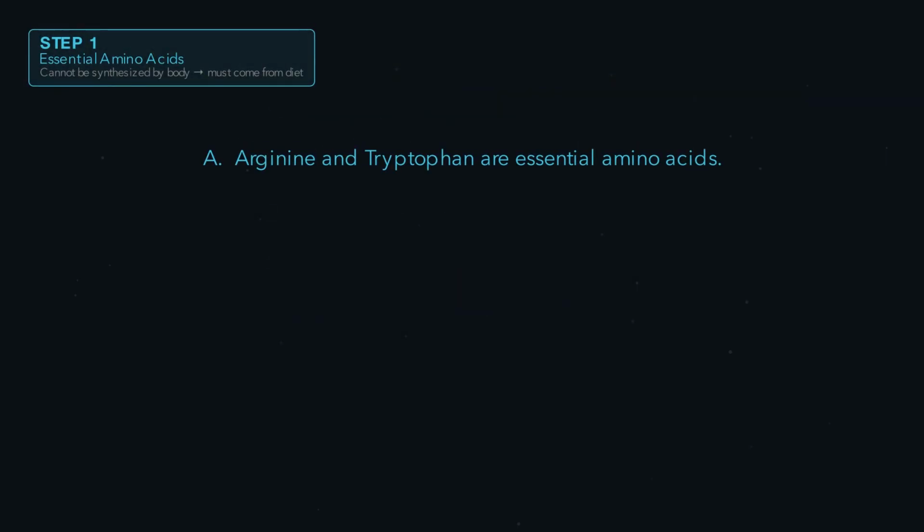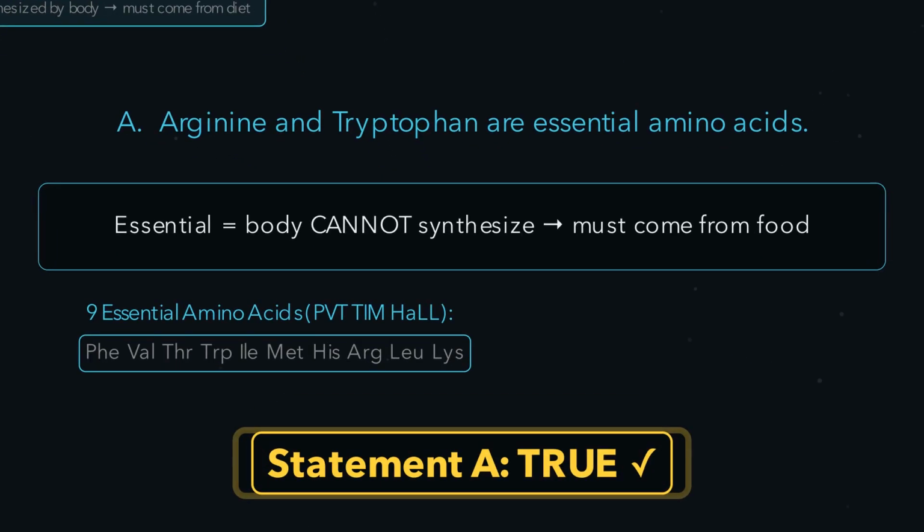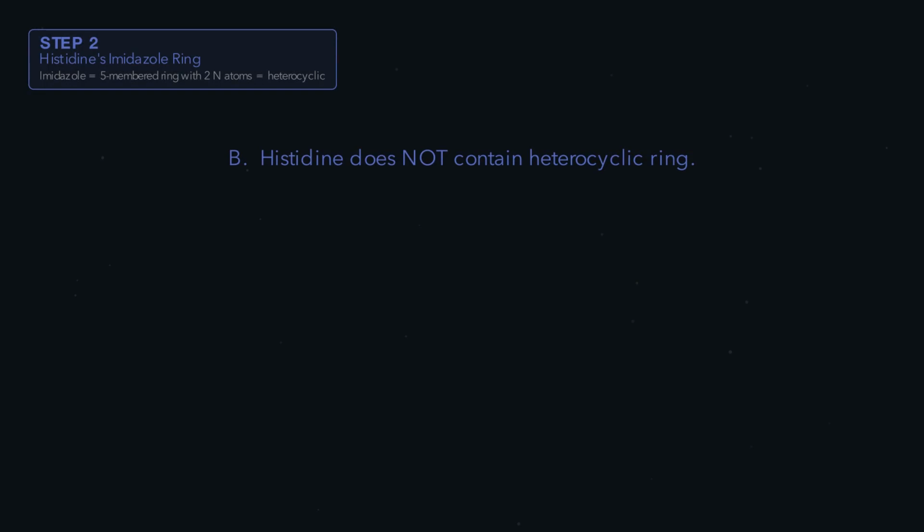Statement A. Arginine and tryptophan as essential amino acids. Essential means the body cannot make them. They must come from food. Both arginine and tryptophan are on the standard essential amino acid list. Statement A is correct. Statement B claims histidine has no heterocyclic ring, but histidine's side chain contains an imidazole ring,